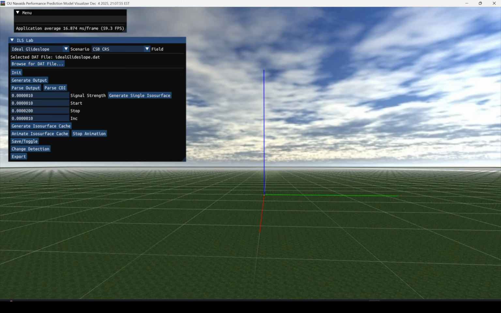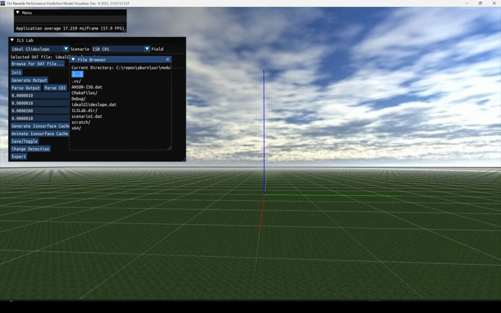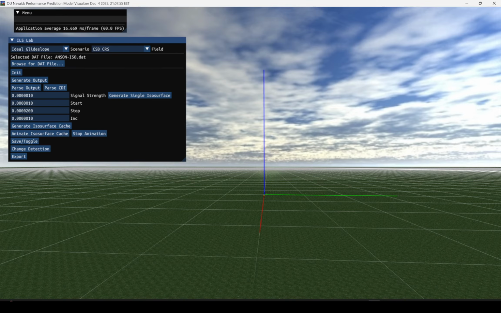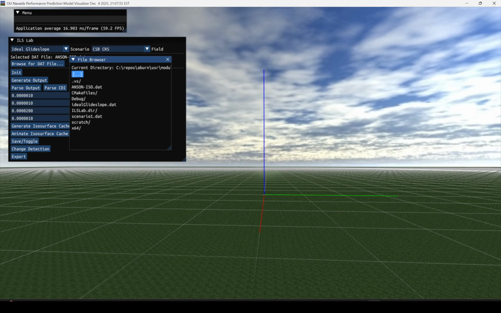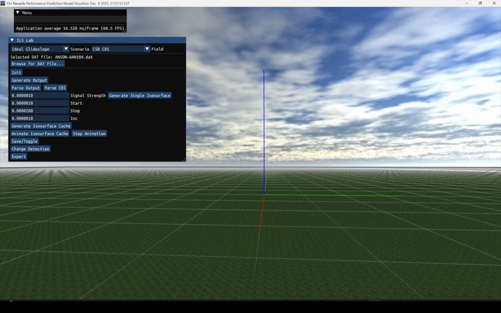let me try a different isosurface with the glide slope. Let me select another file. If I browse for that file and click here, I can go one folder back, and there is a folder named data. In the data folder, I have different dat files. Let me select the ancient data, and if I hit init, generate output, and then parse output, and if I click generate single isosurface,